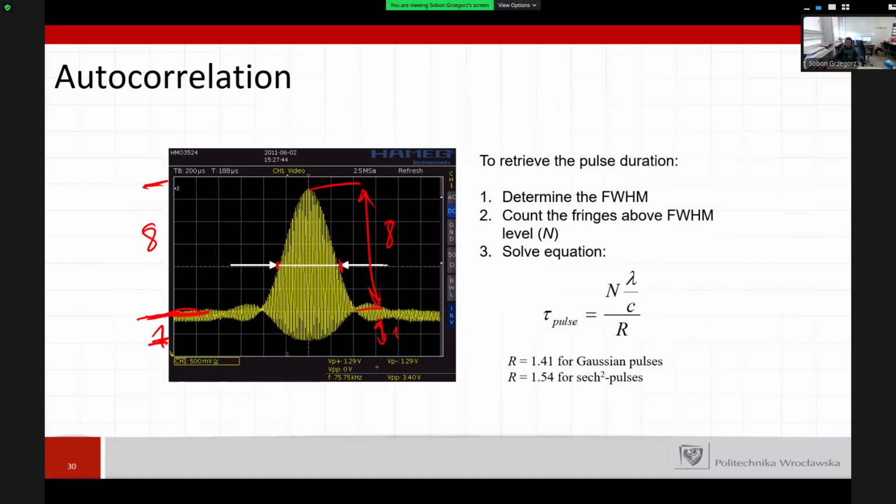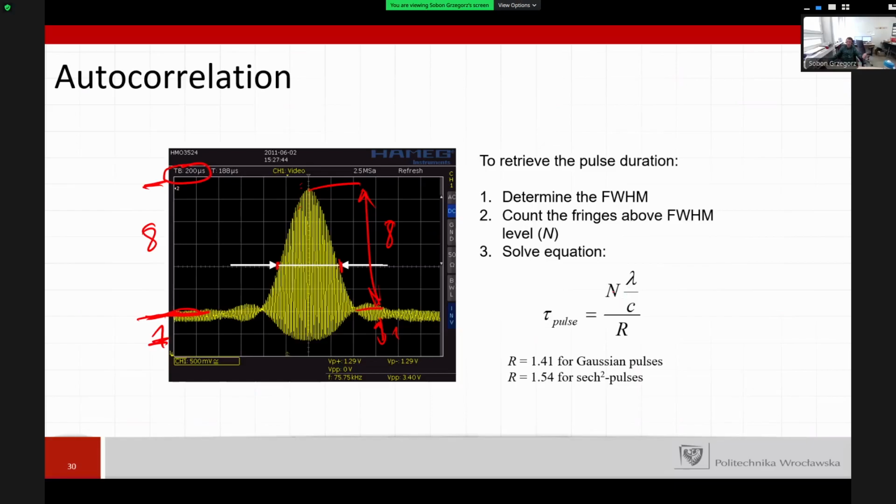You can see on this oscilloscope that the time base is 200 microseconds per division. Okay, so it's microseconds. So how to convert to femtoseconds? Because I said that this is a femtosecond pulse. So we just need to count the fringes that we have here, because basically this is just a sinusoidal signal. It consists of peaks. So we just need to count these peaks, and